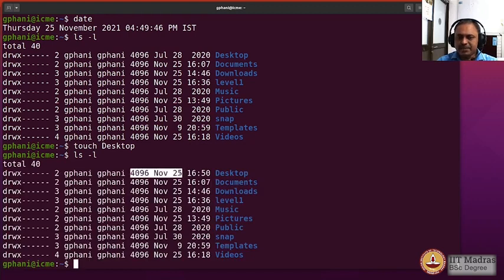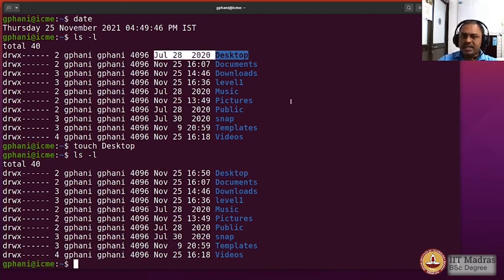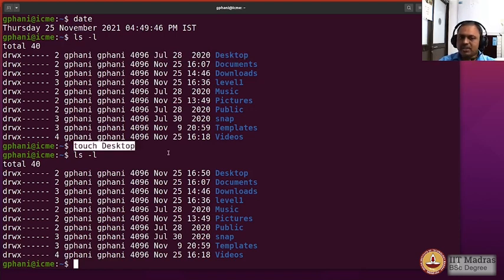The timestamp is now 25 November 1650, and before the touch it was July 28, 2020. So the desktop folder had an old timestamp, and the command touch desktop has changed the last modified timestamp to the current timestamp.